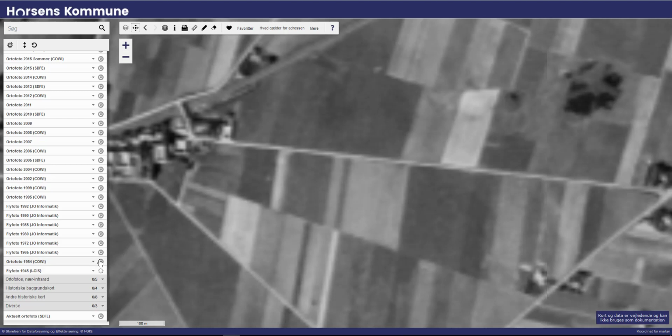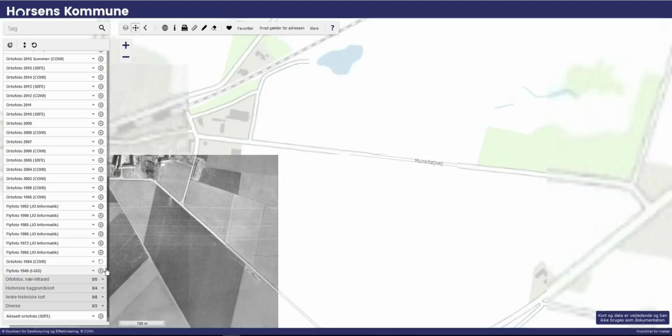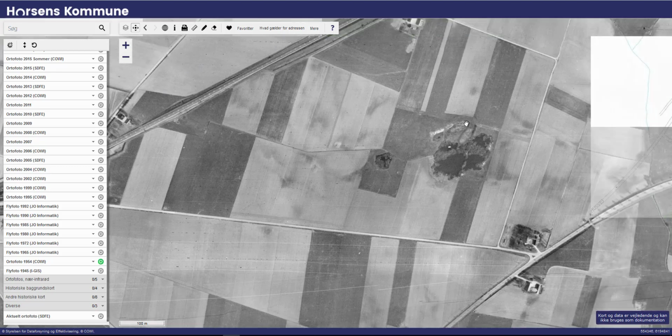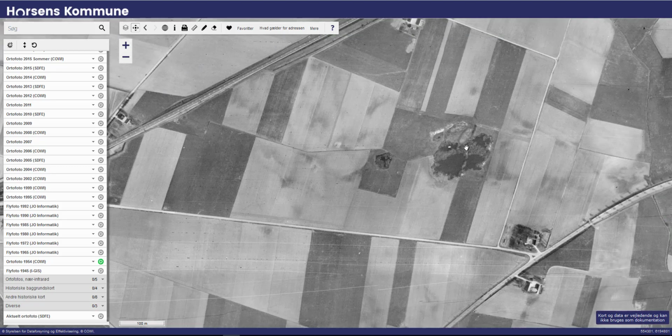Then we can take the next orthophoto, from 1954. Here we have a lot of fields. You can see here we have some excavation that has been going on. Excavations can be dangerous because maybe they have excavated limestone or gravel, and then a hole will have been left